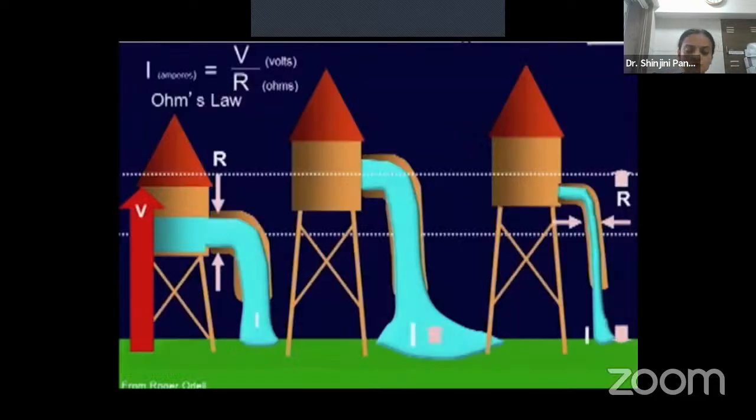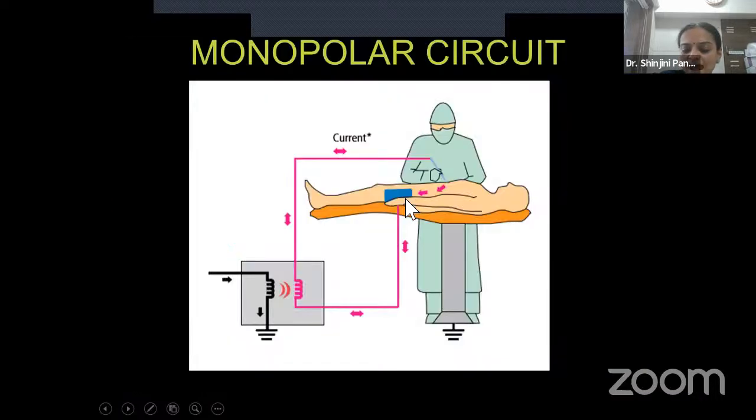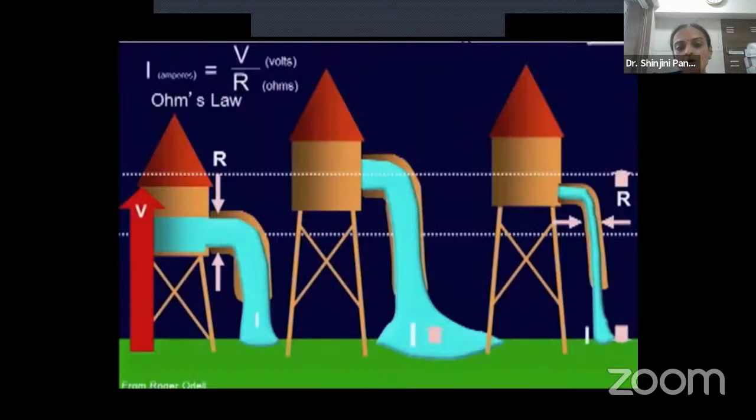how electricity behaves. So basically, to understand electricity, you have to think about it as water. Now, if you see the left part of this diagram, this is a tank full of water, and water is falling from this tap. And if I want to increase the amount of water falling on the ground, the first thing I can do is to raise the tank to a greater height. Now, if I raise the tank to a greater height, with the same diameter of the tap, I get more water on the floor. Now, basically, raising the height of the tank actually corresponds to raising the voltage of your